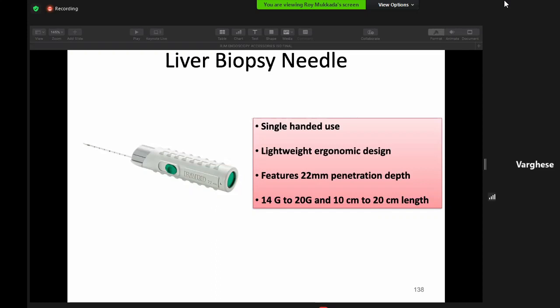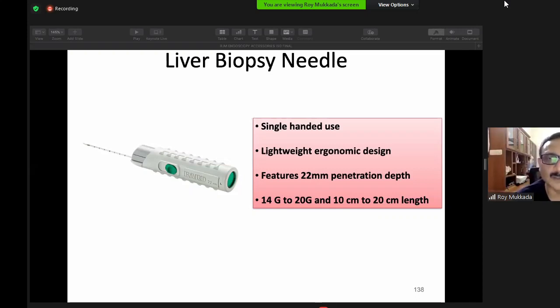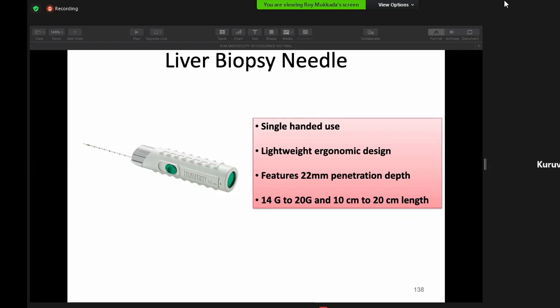This is actually a True Cut only, but it is done in an automated fashion. Okay. So what are the contraindications of liver biopsy with this? Sir, any bleeding disorder, and with chronic liver disease with platelets less than 50,000, and deep-seated lesions. Then one is related to liver functions: prolonged coagulation time and low platelets.